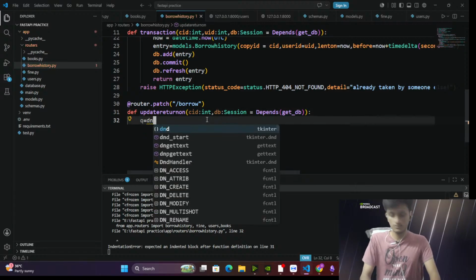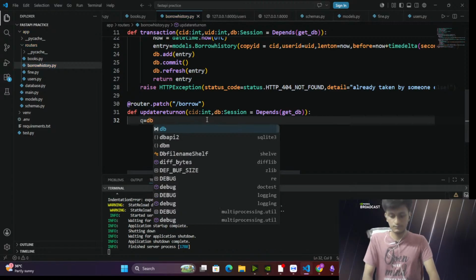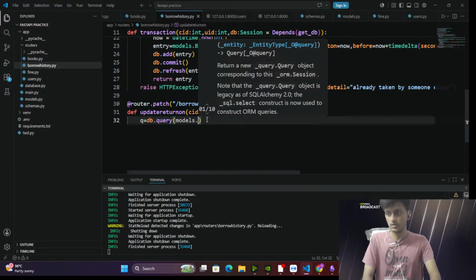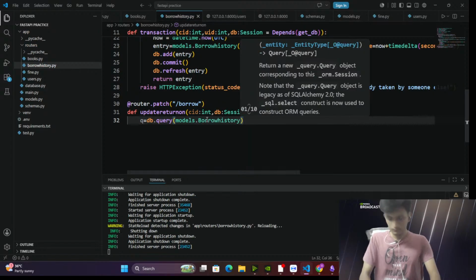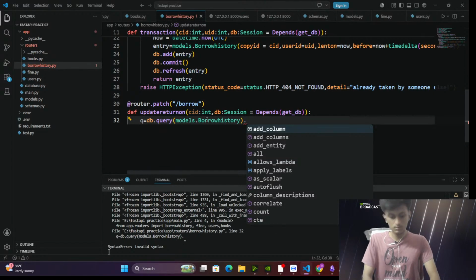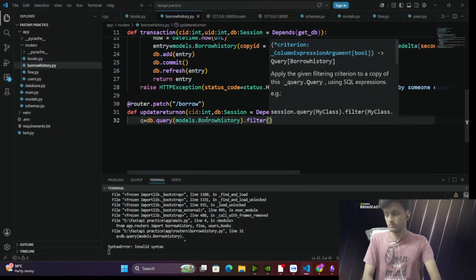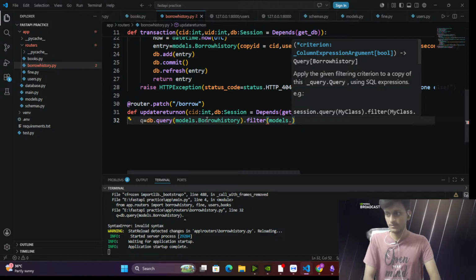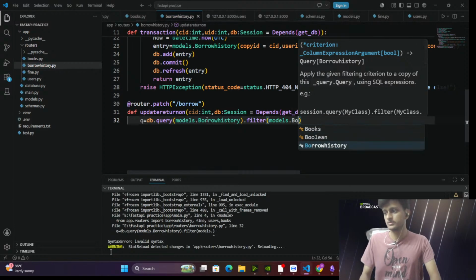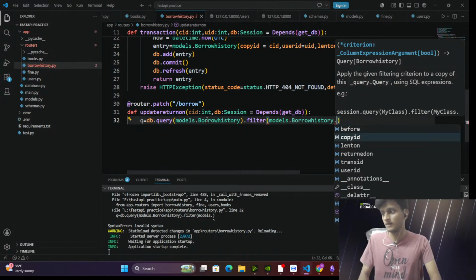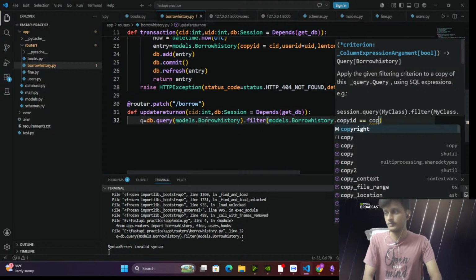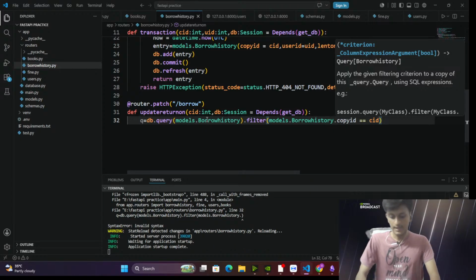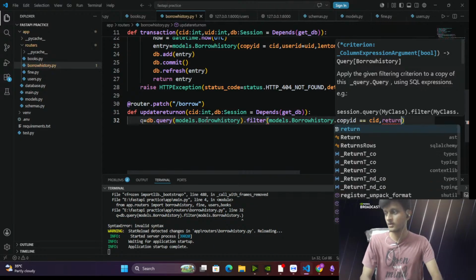We'll write a query, db.query, which would work on the models BorrowHistory. And I'm gonna filter a row which is gonna match models.BorrowHistory.copy_id is the CID that we have, and returned on